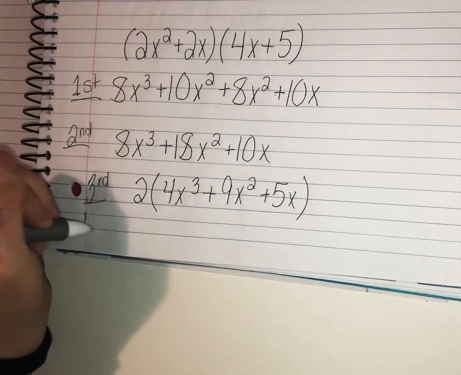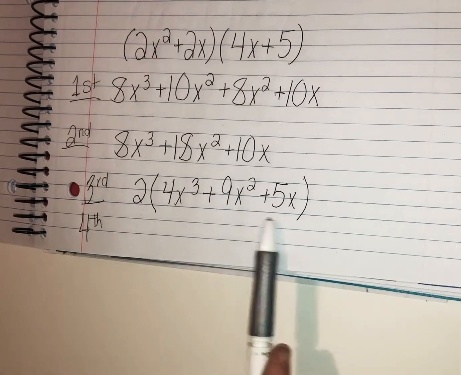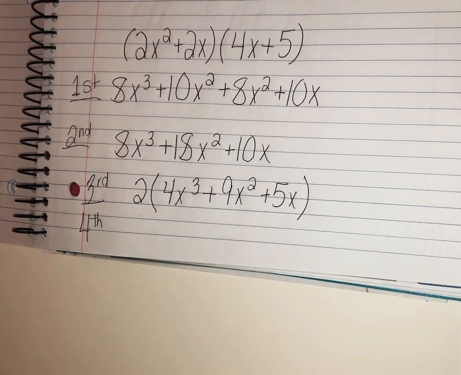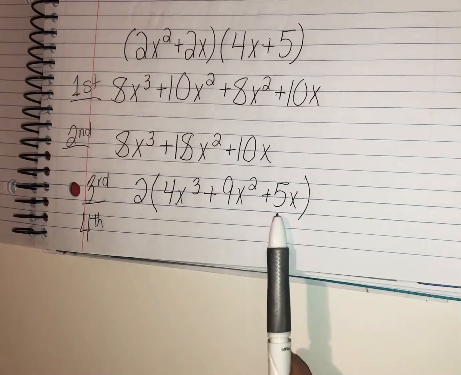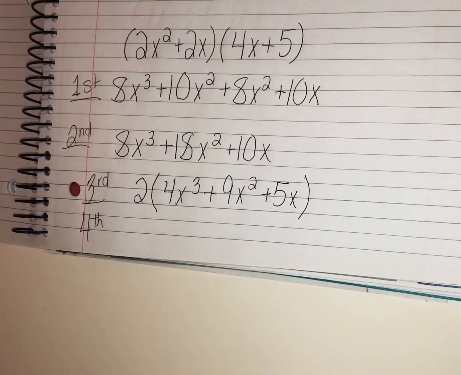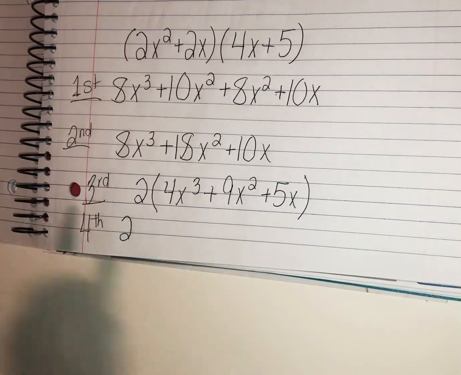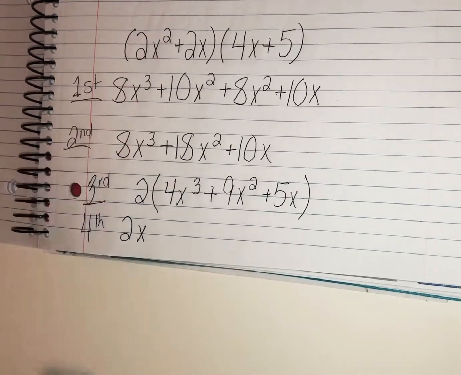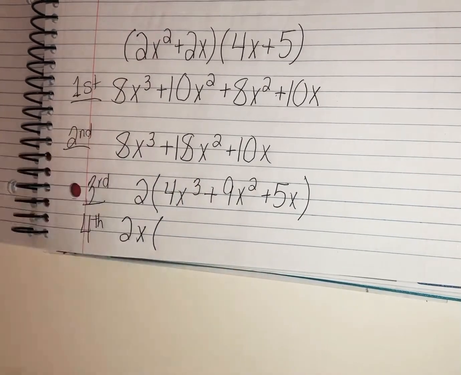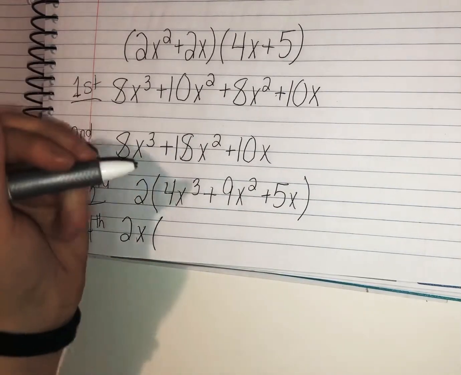There's one more step, and that step is to get rid of any variables that we can. And what I mean by that is all three of these numbers have x's in them. Now you want to look at the lowest number, the one that has the least amount of x's. So we see here that this 5x only has one x. So we know we can at least take out one x from this equation. So I'm going to keep that 2 that we already divided by, and I'm going to add an x along there. So what that does is shows me that I'm going to take away one x from each of these terms, which will end up being